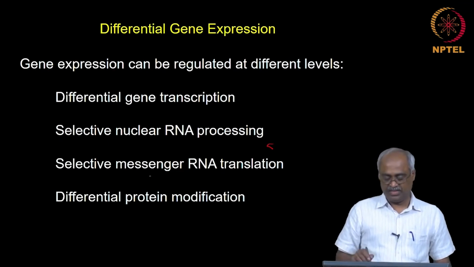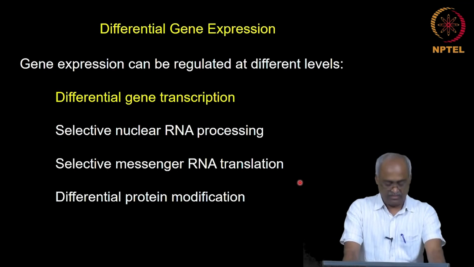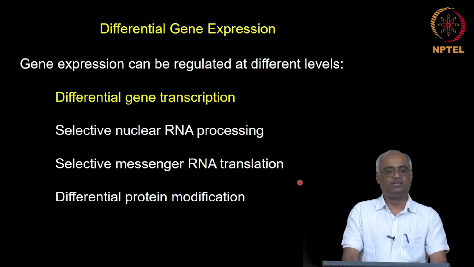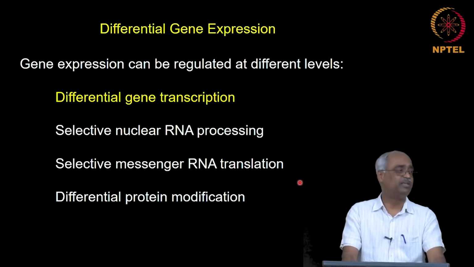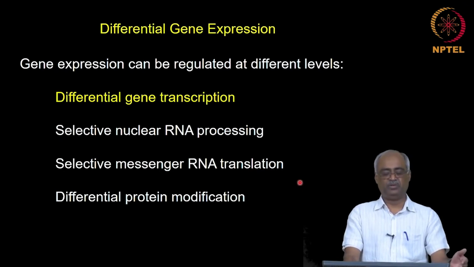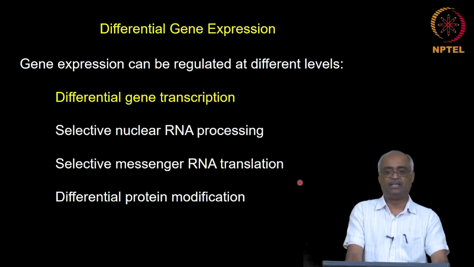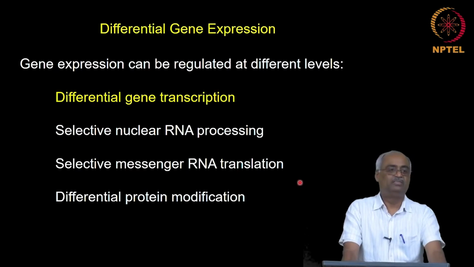And then you have selective messenger RNA translation. For example, if you take tissues like germ cells or neurons, the response required is really quick. Like if you take neurons, the response required is really quick. So, you can't be activating the expression of a new gene all the way starting from transcription onwards; you may not have the time. In such situations the mRNA is already made, but not translated till it is needed.